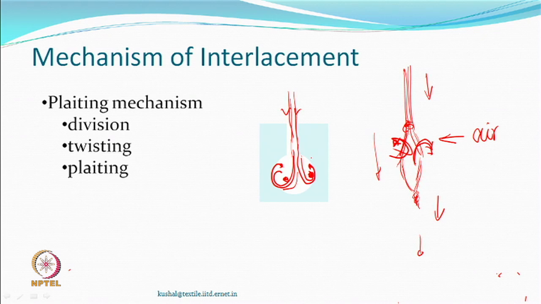So, air stream enters the jet and then goes like this, and so you have a portion of a yarn which may have been separated and brought into this vortex and the other vortex, and then when it goes in and comes out, it will again have this mechanism with which they can make nodes intermittently. But what was important is that they must separate and twist. It is like a false twist, there is no real twist, but when they come, they twist over each other because they just come together.